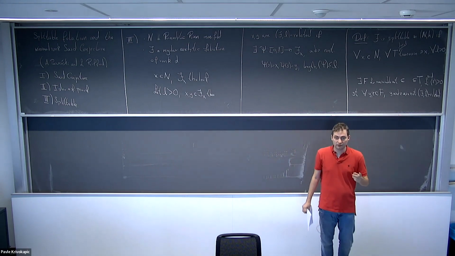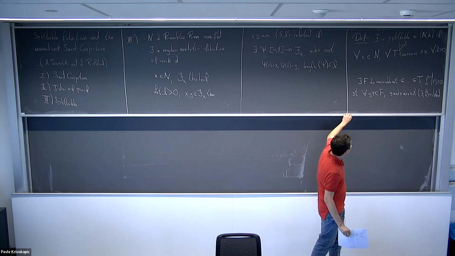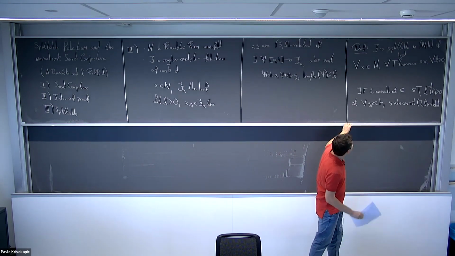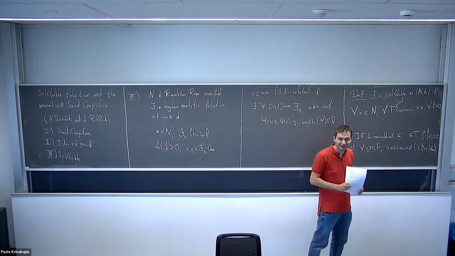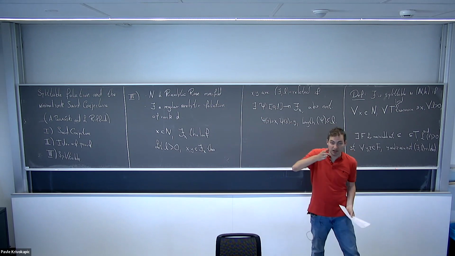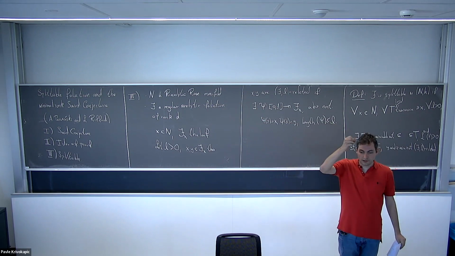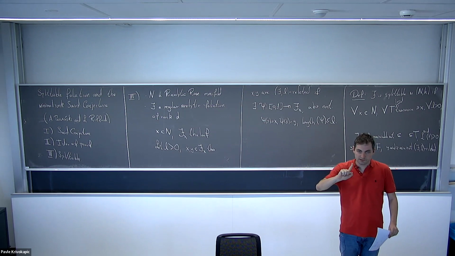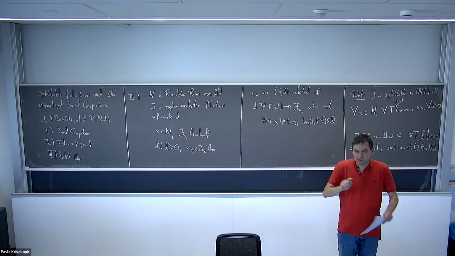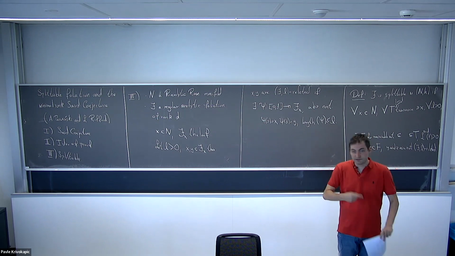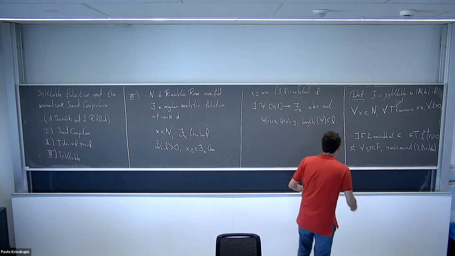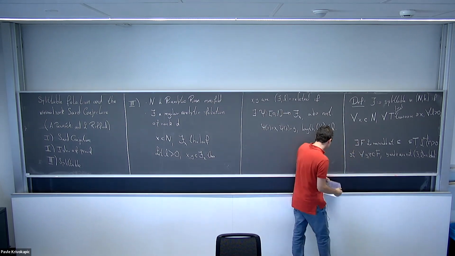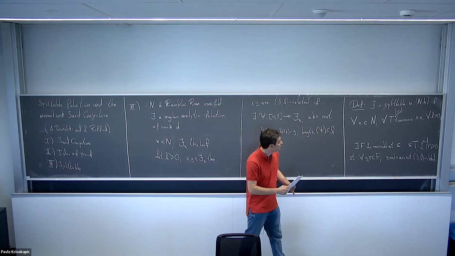Sorry? What is a transverse section? A local transverse section is just a closed submanifold whose tangent space at every point is transverse, so the sum with the tangent space given by the foliation generates the entire space, and the intersection is also trivial. Okay. So maybe I can just say, H is the metric.